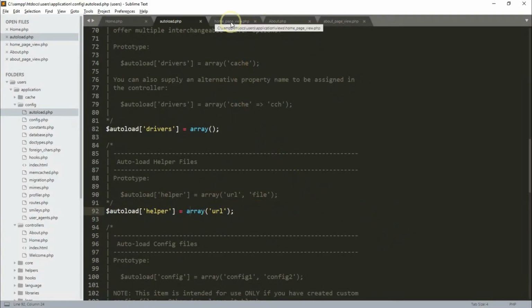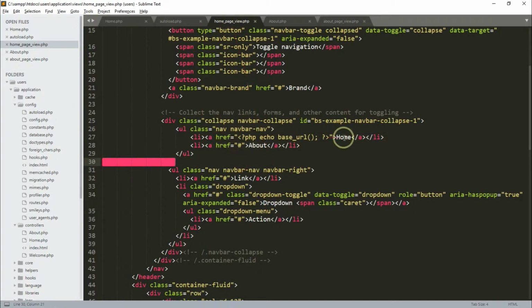Okay, now let us go back to the home page view. Since this is our home, it is right to insert only the base URL. But for this other link, the about link, we need to insert the base URL, and inside the base URL function, in the parameter, for the about link, we need to insert the link for the about page. What we will do is copy this link